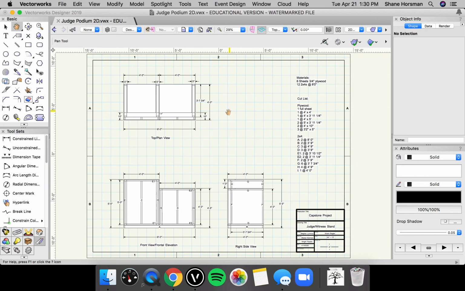Hey everyone! In the last video, I covered how to use some of the tools in Vectorworks to do some basic 2D drafting work. In this video, I'm going to show you an example of a completed 2D project. This is a drafting I did for a judge witness stand that I plan to build out of plywood and